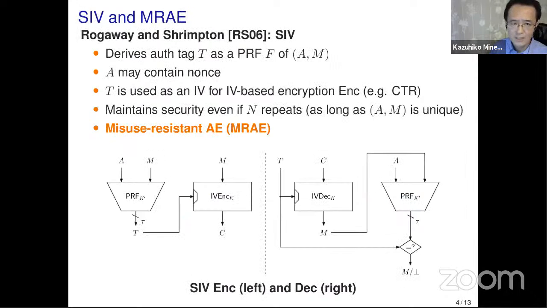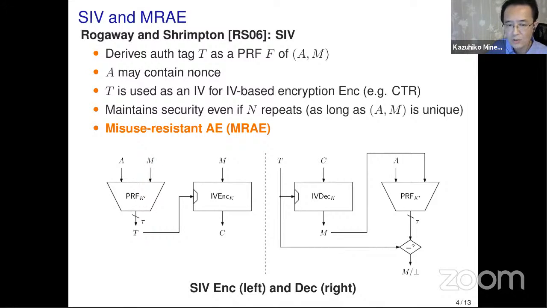To overcome this problem, Rogaway and Shrimpton proposed the scheme called SIV. The scheme is shown here. It first processes a PRF, taking the associated data and the plaintext, where the associated data may contain the nonce, to derive the tag T. And this T is used as an IV for the underlying IV-based encryption to take the encryption of the plaintext M here. This structure maintains security even if the nonce repeats, because as long as the total input of A and